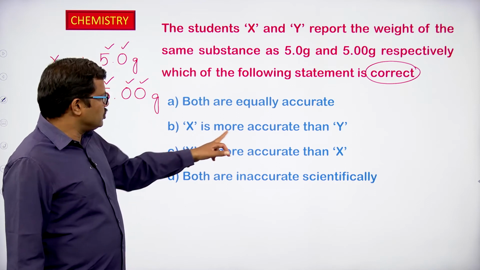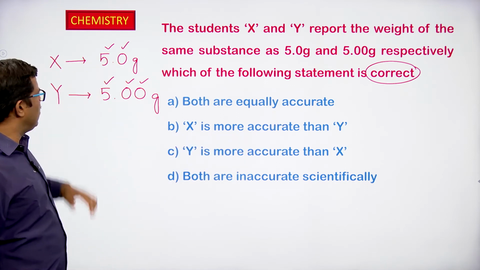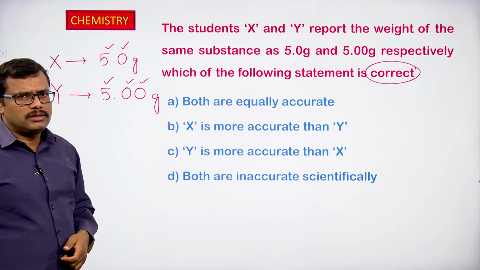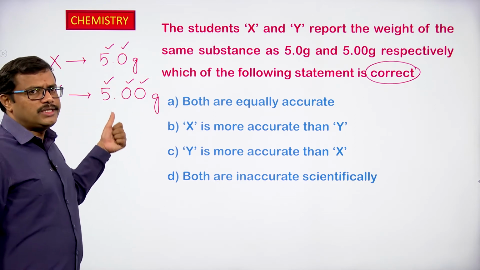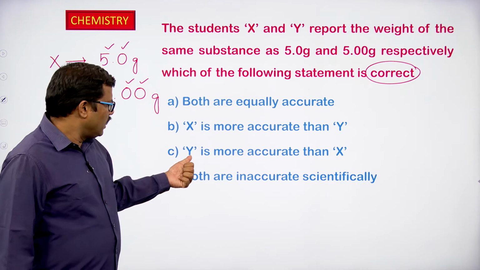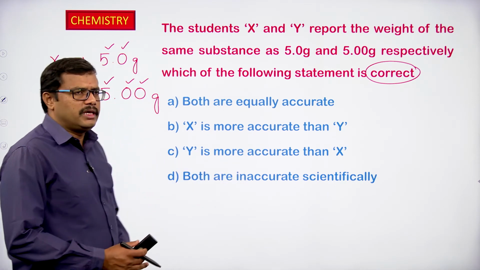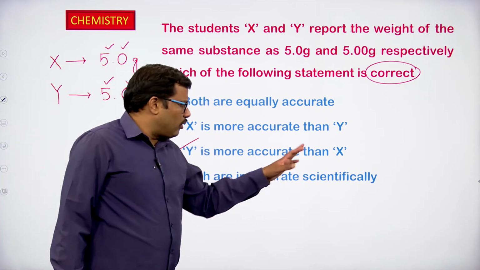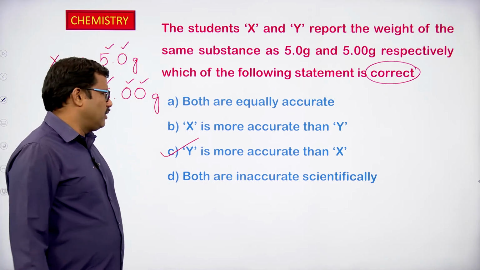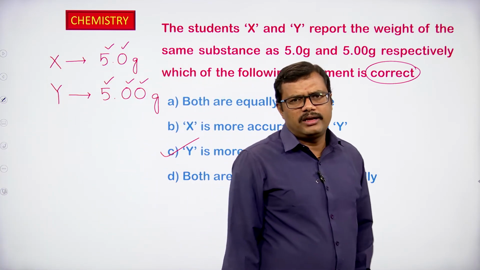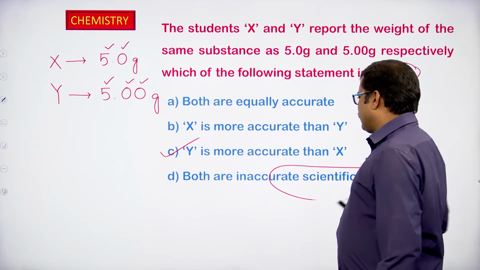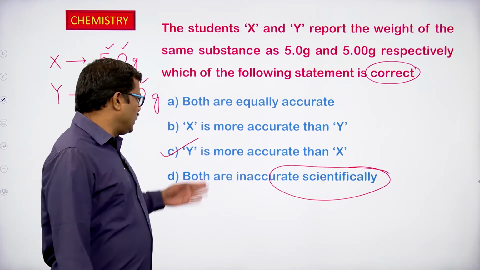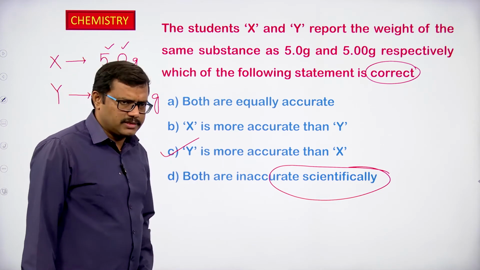Okay. X is more accurate than Y? No, Y is more accurate than X, because X has given the value as 5.0 grams, whereas Y has given the value as 5.00 grams. If we observe option C, Y is more accurate than X, yes, this is the correct answer, very good. Both are inaccurate scientifically? No, they have given the weight, expressing it in terms of grams, so there is no scientific error or inaccuracy in this case, so this is also the wrong statement. So, among the given statements, C is the correct answer, Y is more accurate than X,